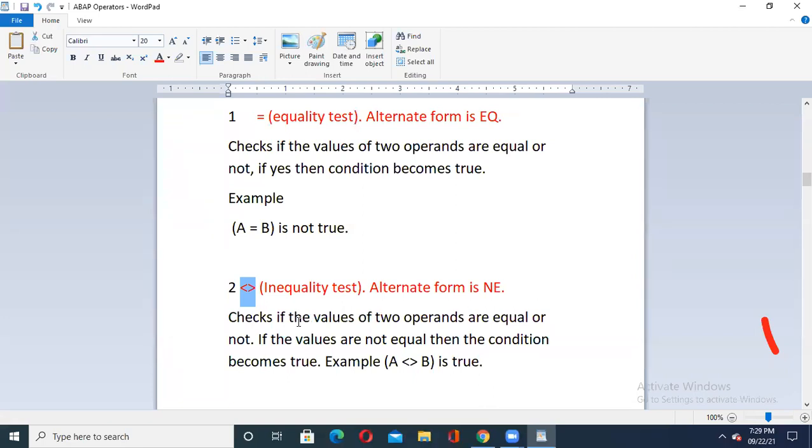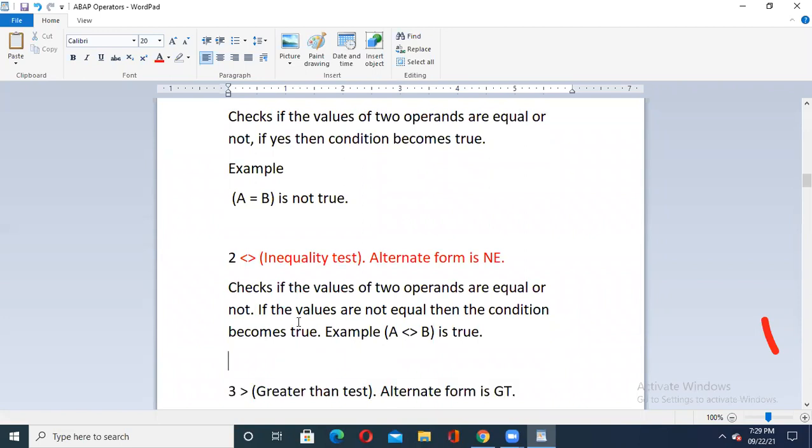So you may say, sir, is it really necessary to tell us about the less than and greater than sign? Because I know that when students start their programming, most of the students get stuck and struggle with this. So it's my prime duty to make you aware of all these minor things. They are used just like your equality operator to test whether those two are unequal or equal. In our case, where A is 20 and B is 40, this condition is true, that is, they are unequal values.